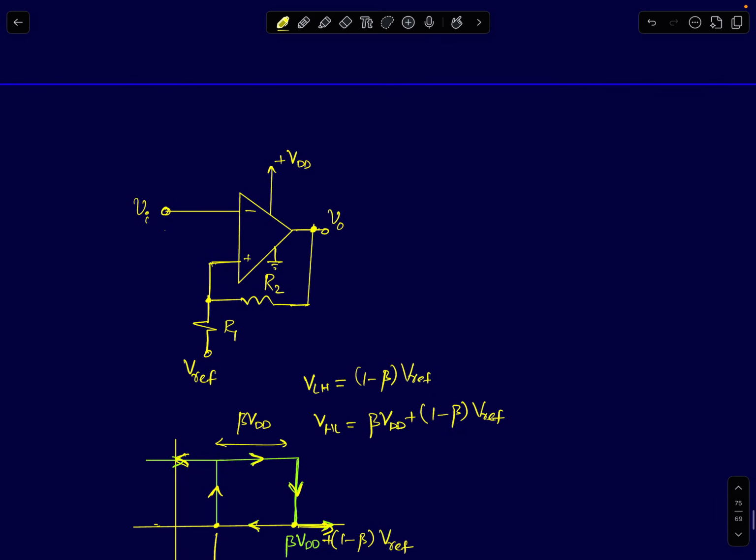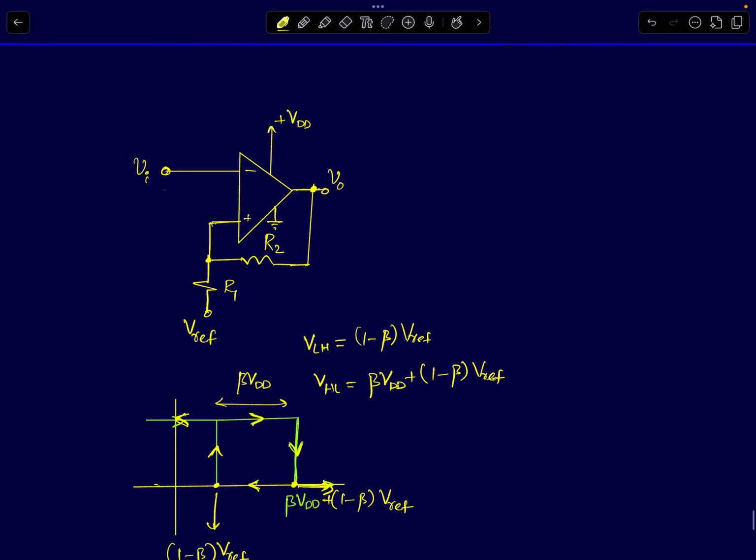In the first case, I'll consider the inverting Schmidt trigger. Instead of connecting this node to ground, I'm just connecting it to VREF volts. I'll not go through the analysis, but if you recall from our previous discussions, the point where the low to high threshold transition takes place, instead of happening at minus beta Vsat, will happen at minus beta Vsat plus (1 minus beta) times Vref. It will actually be minus beta Vsat here, but since it's a single supply system,